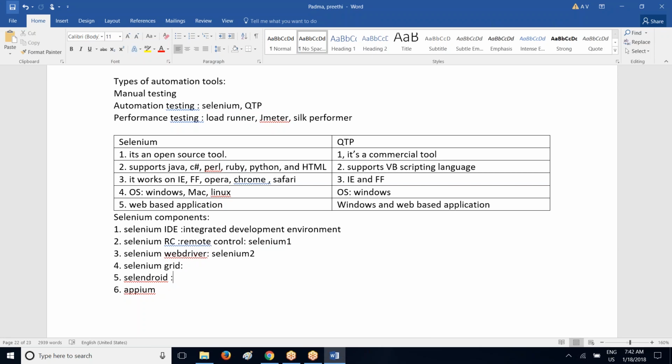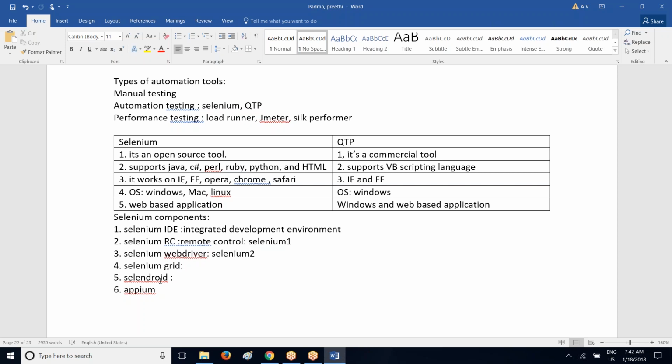We are going to use this only on the Android platform. It is suitable for web-based applications, and it is done only for Android applications. And if the version is less than 4, then you go for Selendroid,